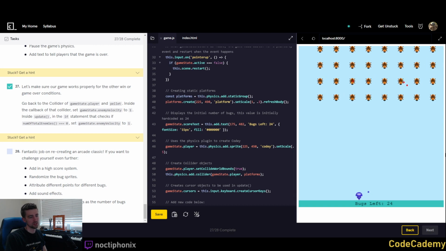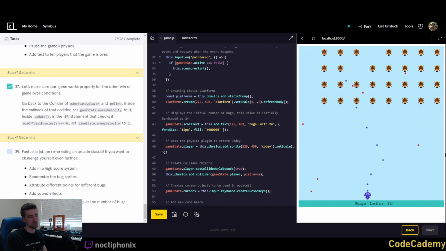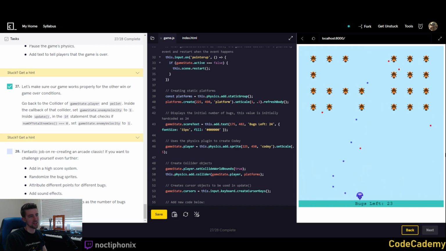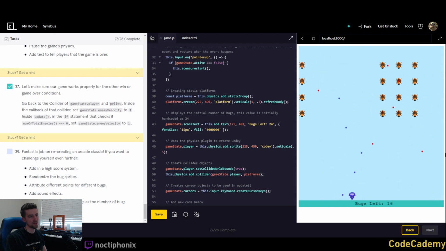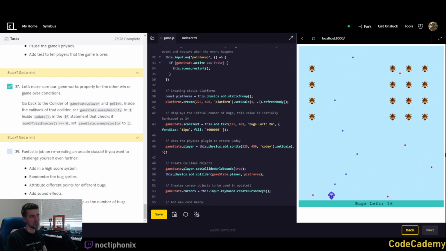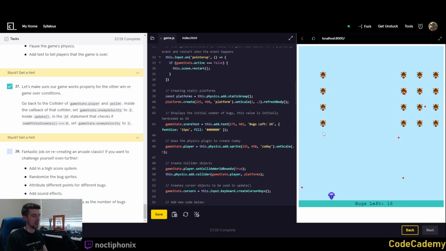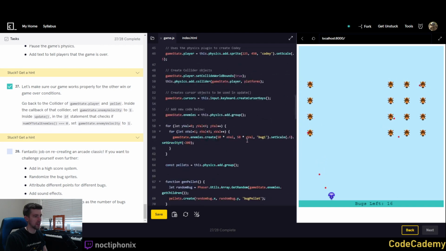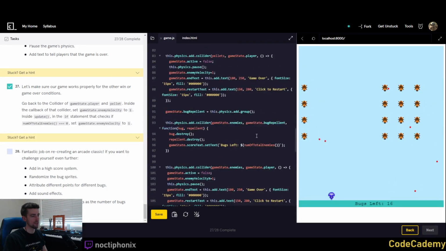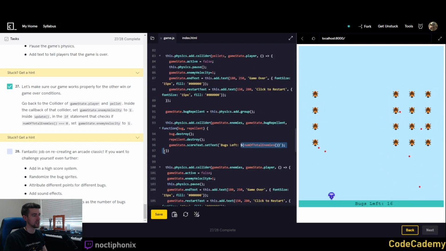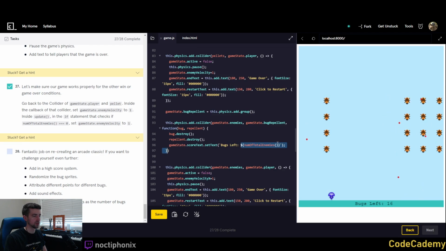Wait a second. That's so weird. Yeah, they set it to 24, but we have 32 bugs. Okay. Well, I found an issue. This needs to be set to 32 manually, or easier than that, if we want to change the number of bugs we have, we just need to copy what we had down here, that template literal,